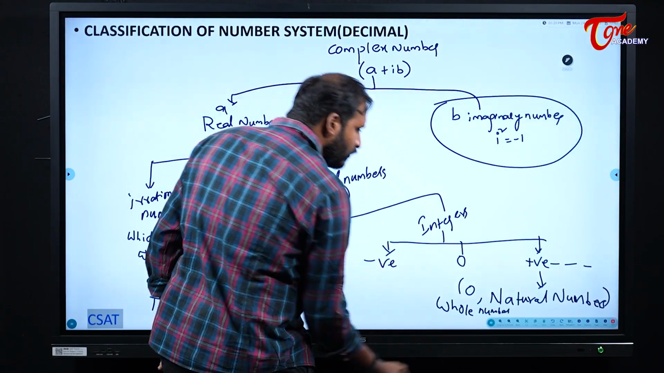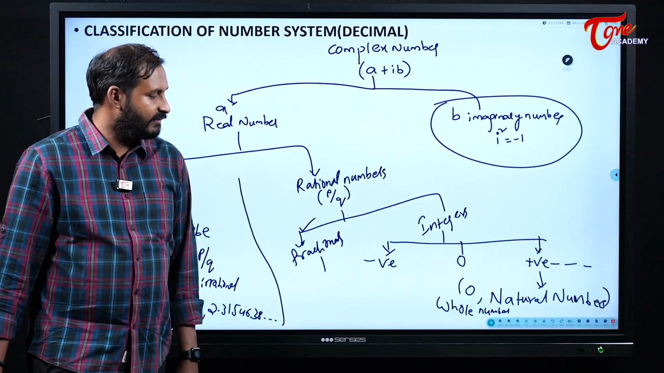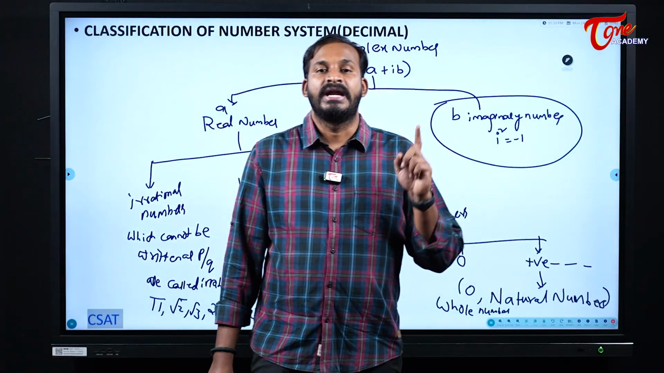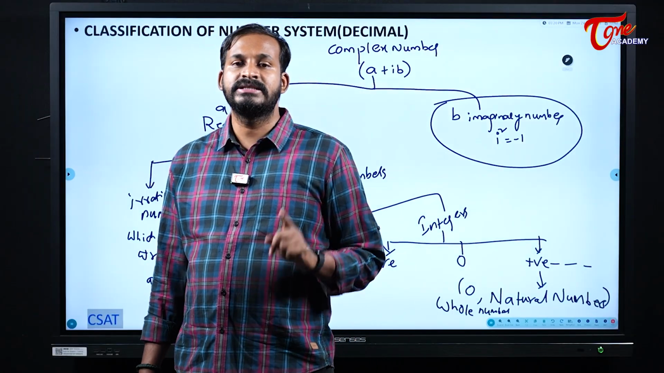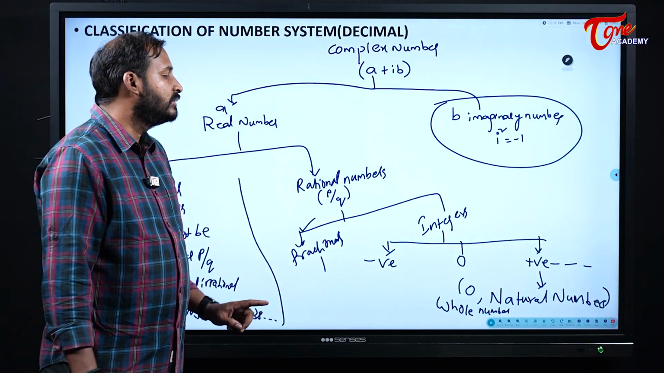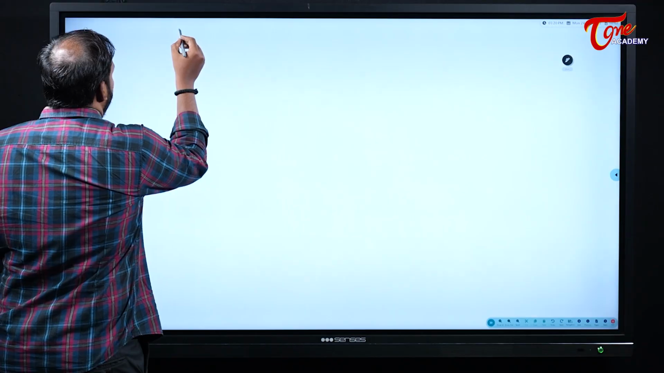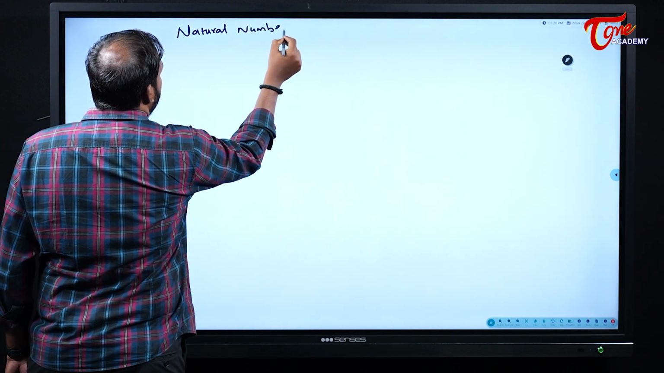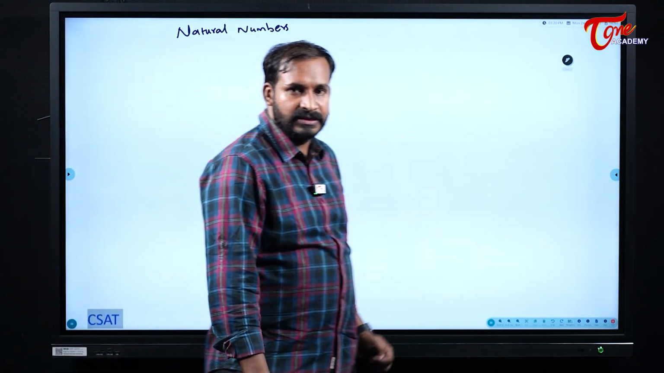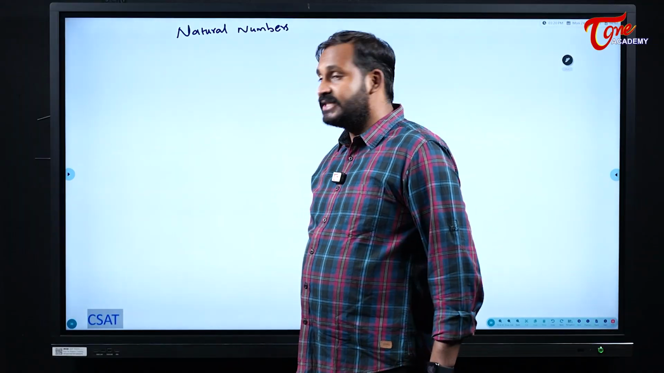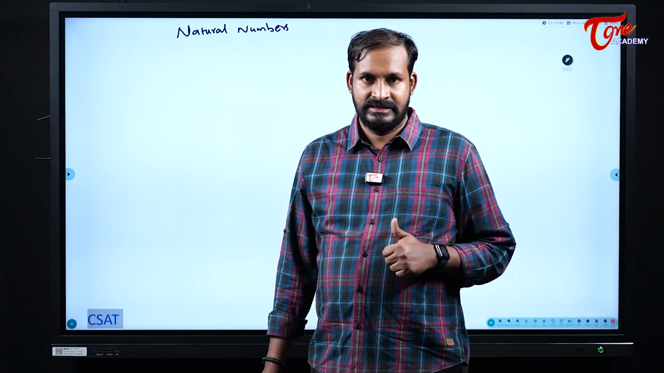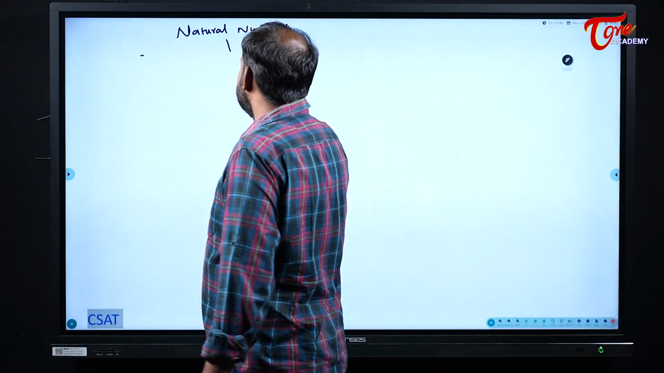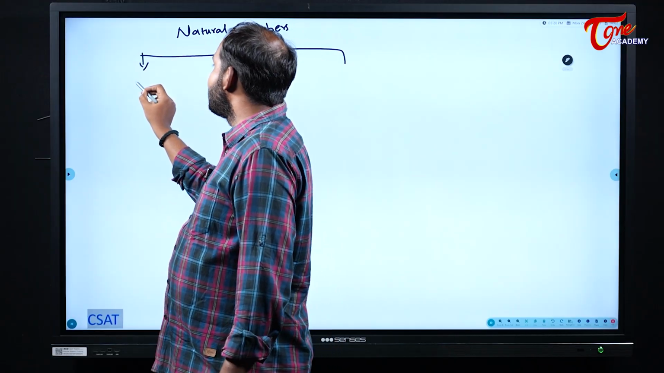Whole numbers. 0 with positive integers together we call them as whole numbers, and only positive integers we call them as natural numbers. Understood? Now, these natural numbers are further classified into categories based on their factors. Remember. So based on their factors, these natural numbers are divided into